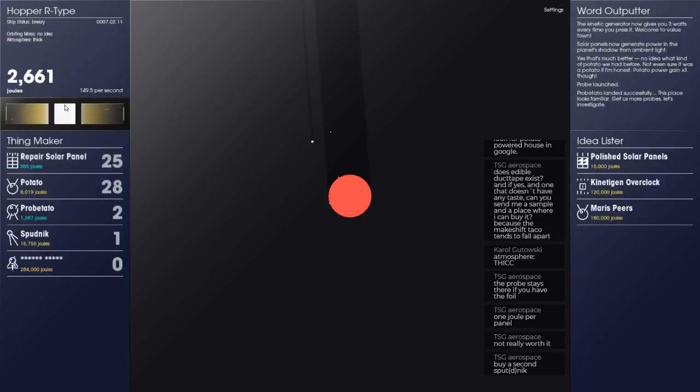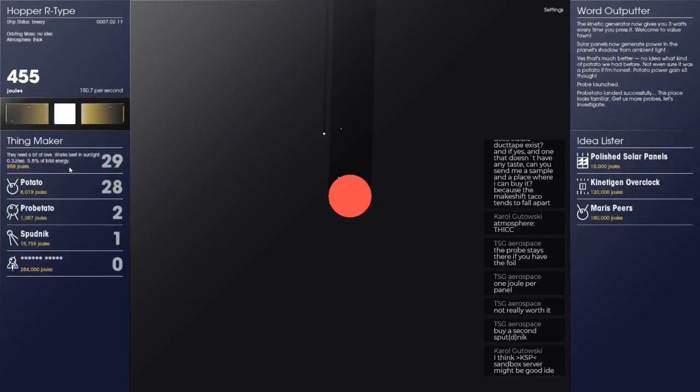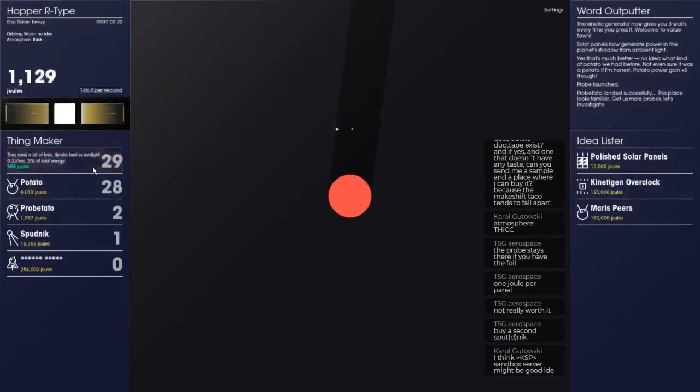There we go. I could probably keep clicking this. Oh, nearly. Just a little bit more. There we go. I like round numbers. I think KS Boy Sandbox server might be a good idea. Yeah, you think so, buddy? Unfortunately, I think it's still... Well, I'll be honest, I've not checked the DMP files this week. So that's a thing right there.